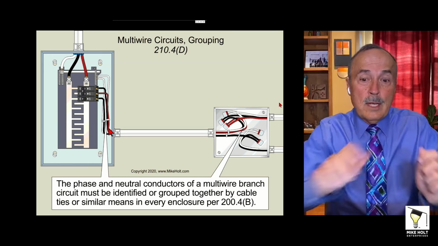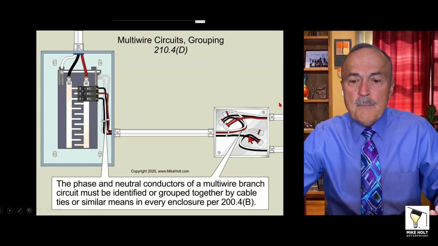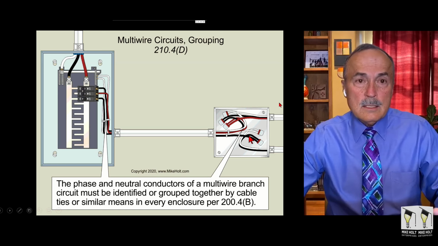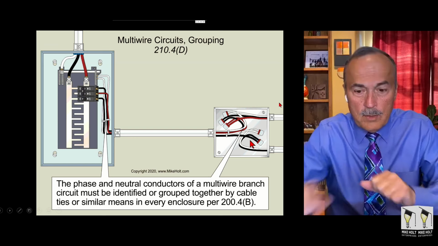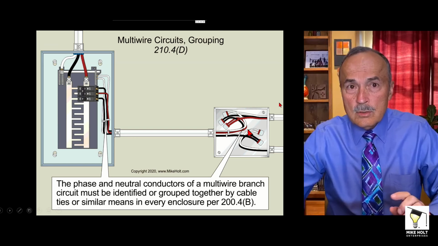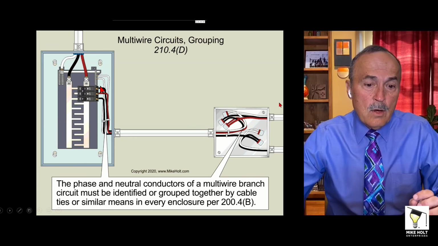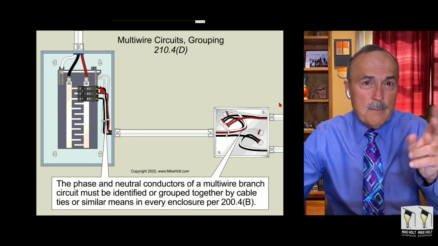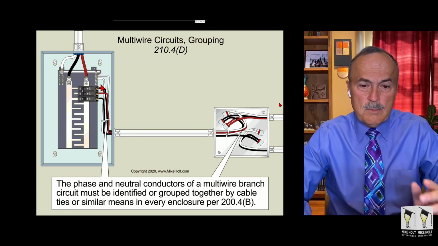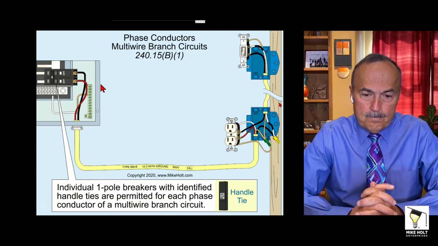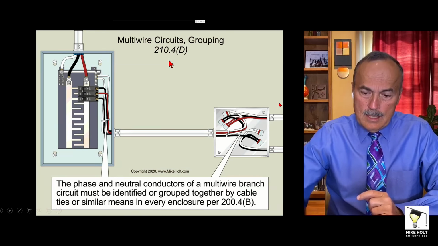And then over here, you're in a junction box, and you've got a multi-wire branch circuit and a non-multi-wire branch circuit. You've got two blacks, a red, and two whites. Can you see the electricians could inadvertently, in this case right here, cross neutrals. Over here, they could not have the right black wire on the right phase. So now we're not simultaneously opening up that circuit, and also creating some other problems that maybe we'll see, maybe not. This is the 240.15(B)(1) rule that